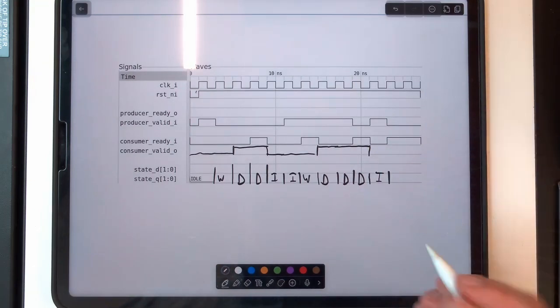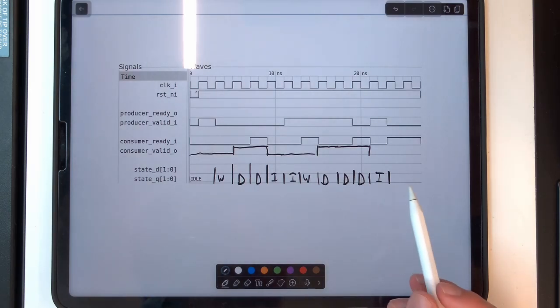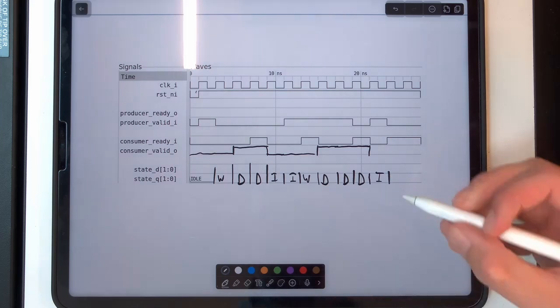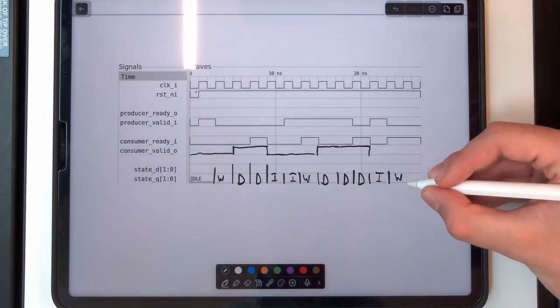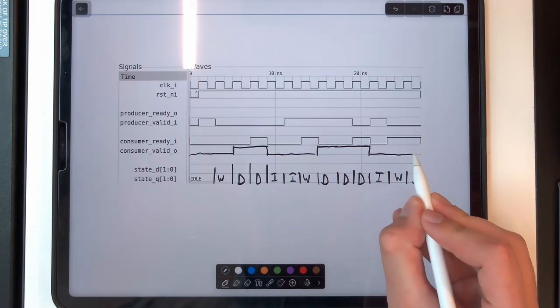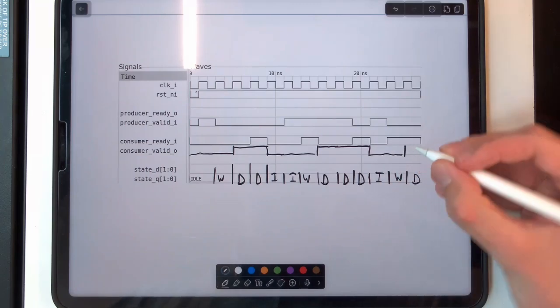And then next clock cycle, what happens here? Were we in the idle state at the same time that a producer valid was true? Yes, we were. So therefore, this will transition to working. And then on the next clock cycle, we are done. Yeah. Okay. And then finally, let's quickly do the